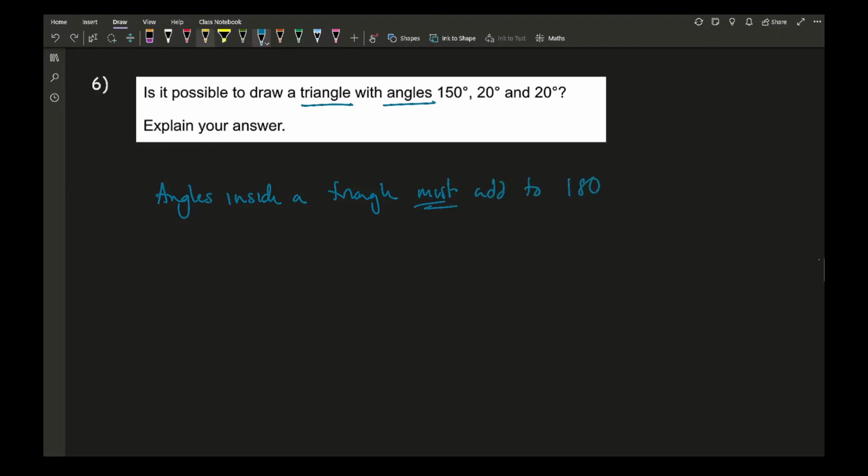So what we need to do is check that these three numbers that we can see add up to 180. So 150 plus 20 plus 20 actually adds up to 190 degrees. So the answer to this particular question is no, it is not possible